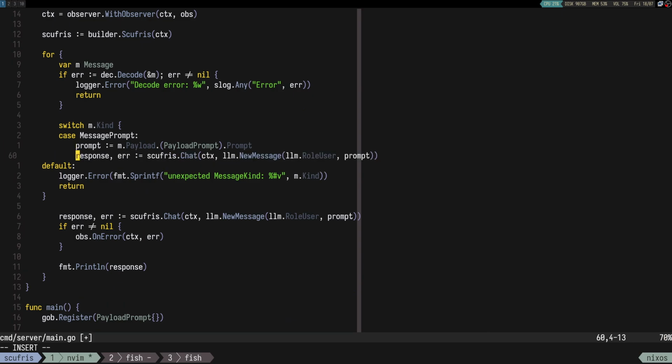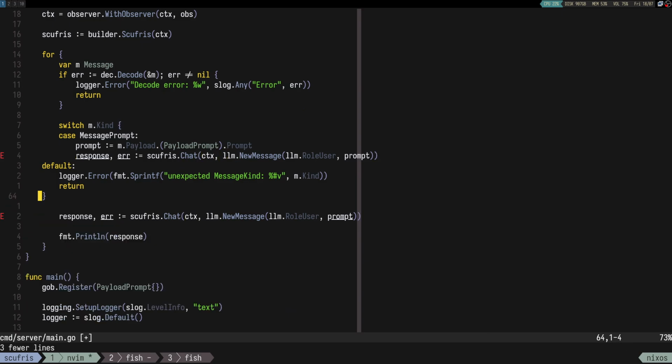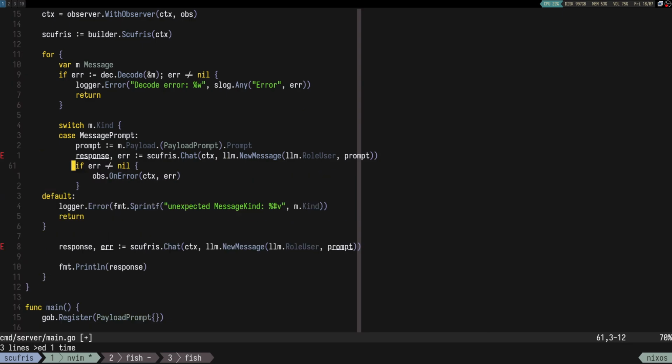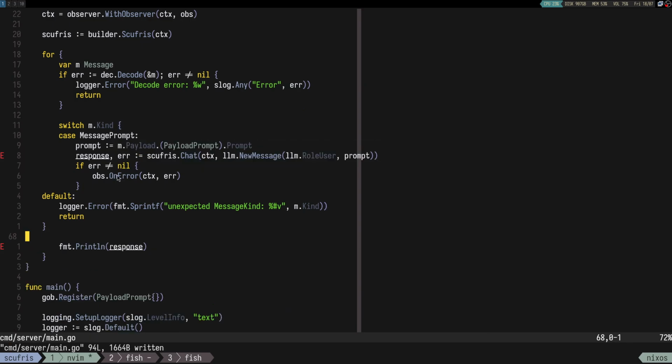And what we want to do is call Scufris, call chat on it. We get the response. In case Scufris had an error, we are going to call on error, right? So on error is supposed to send the error to the client,